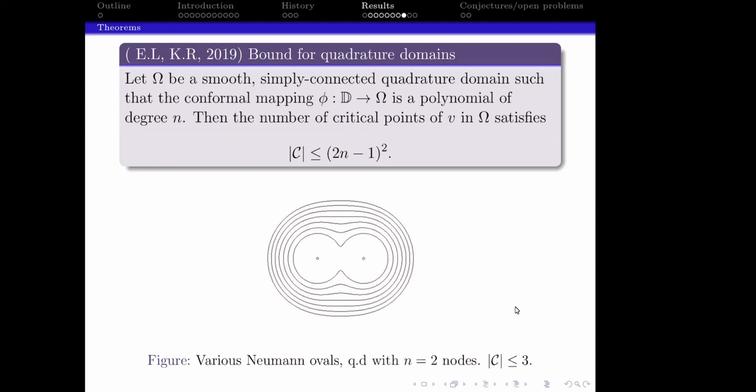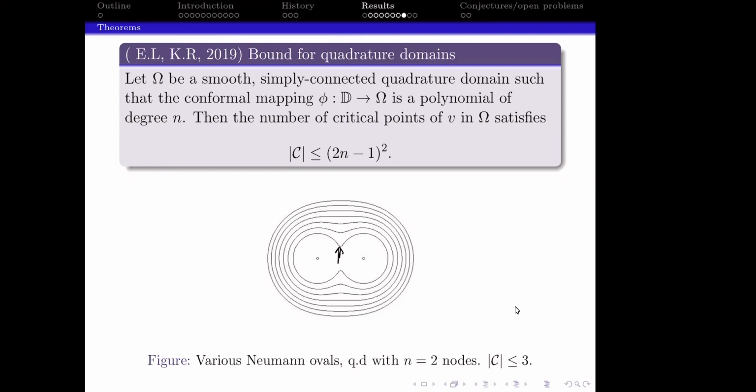What I have drawn is the Neumann oval. It's very famous. There is a parameter that describes how sharp this point is. The higher the parameter, the more it flattens out. You see that these are a family of Neumann ovals, and as the parameter goes up, it becomes a convex domain. So you expect only one critical point,